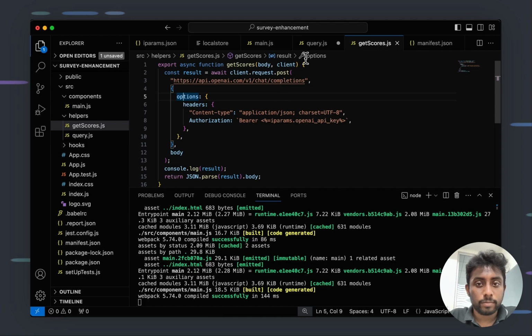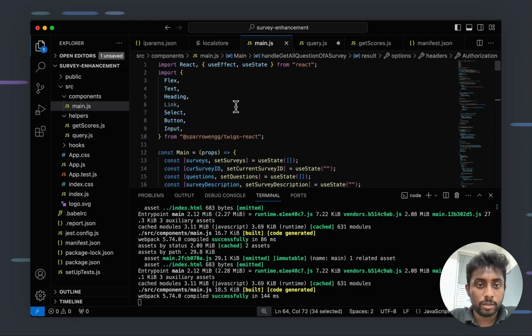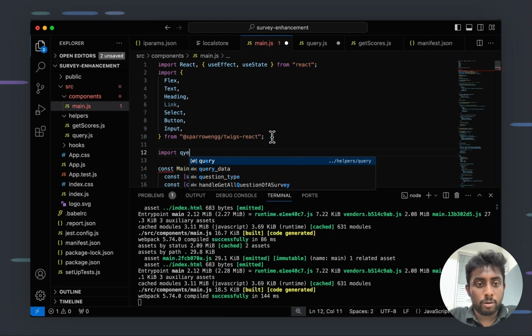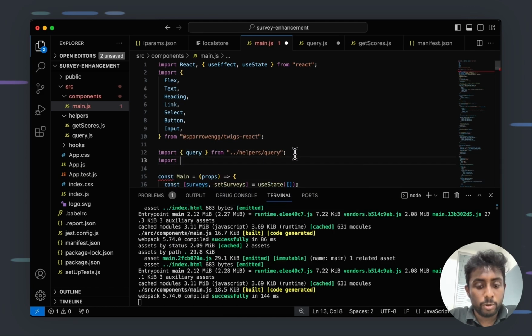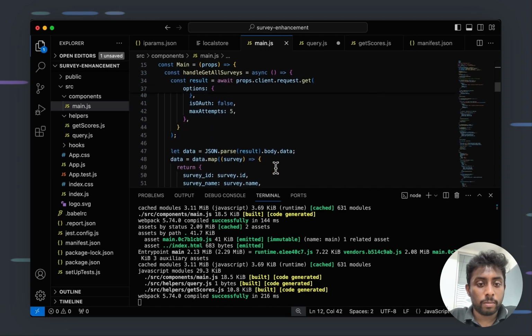Got it? Great. Now the next thing would be to import this query and get scores within the main.js. So what I'll do, import query from helpers, and also I need what? Import get scores from the get source files. Got it? Now let me just scroll down a bit,